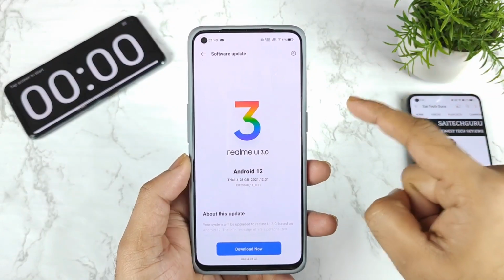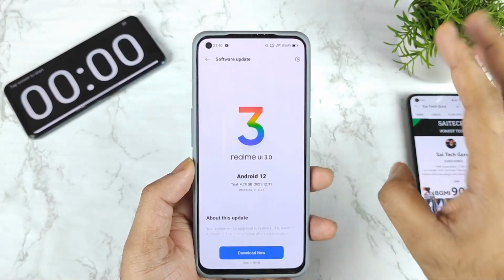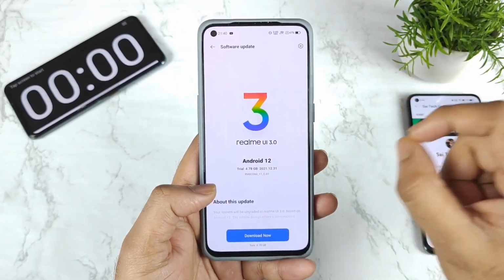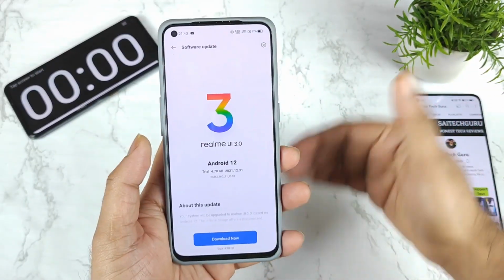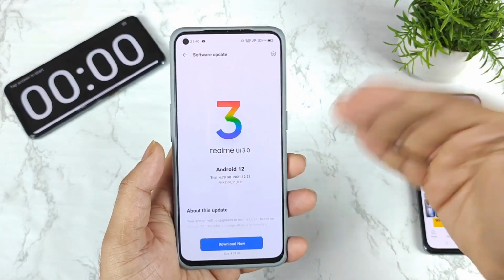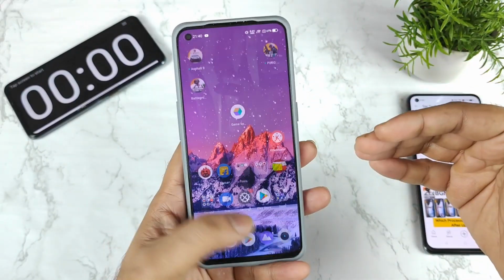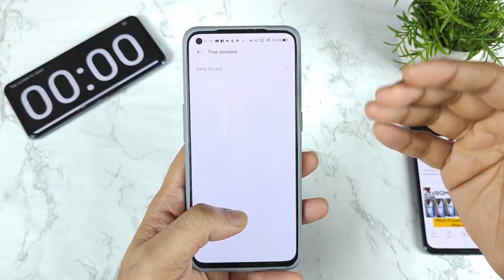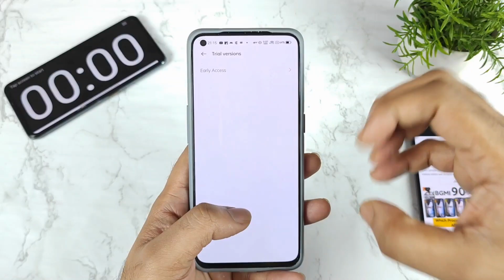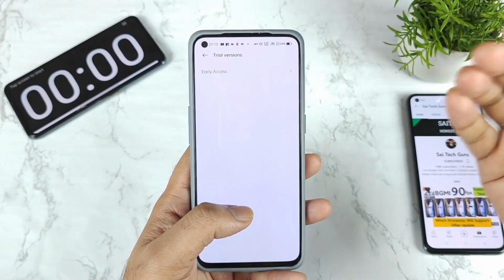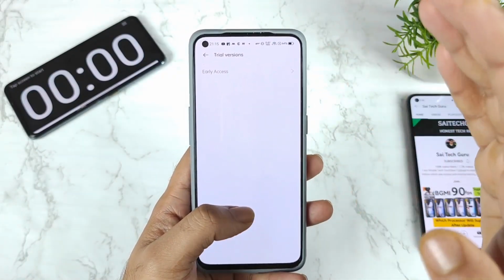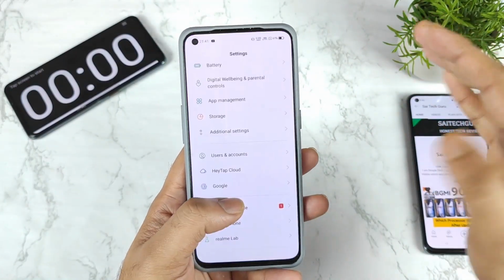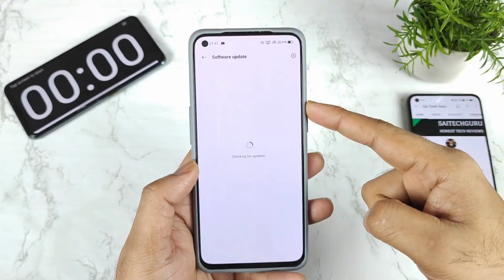And one more quick note, if you did not receive the early access update, don't worry, because this will be rolling out batch-wise. Realme will send the invitations batch-wise. When the batch is set to 100 users, after filling the 100 users, Realme will stop, so you won't see any early access option in the trial version. If Realme sets 1000 devices, as soon as the 1000 devices get filled in the early access, the next users won't see any options. So you need to wait for the second trial version when they release it. So just follow my channel regularly. I'll try to keep you posted on what's going on with this device as well.